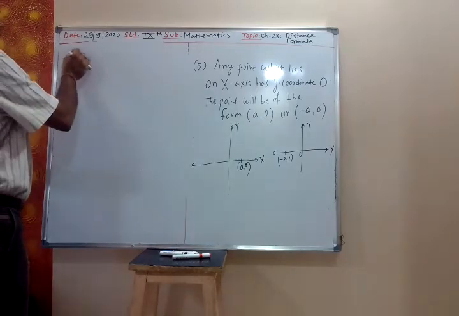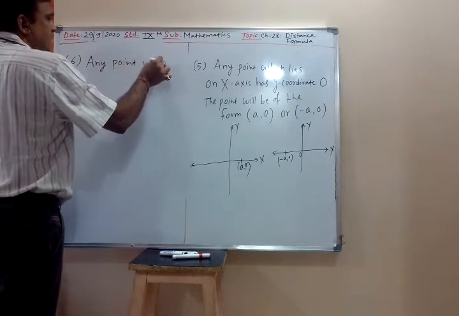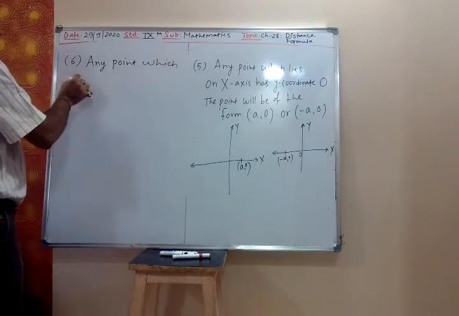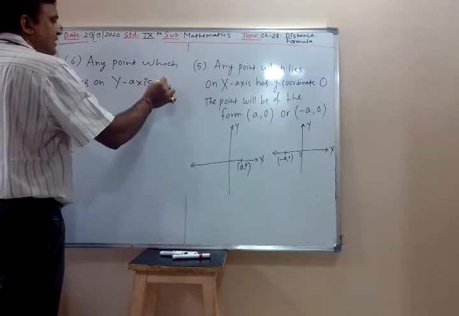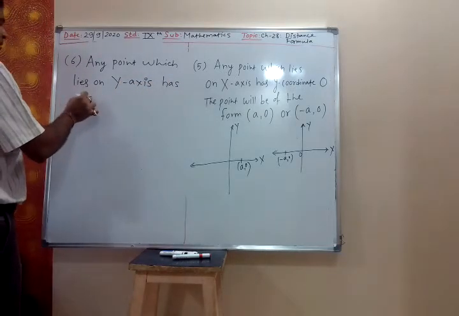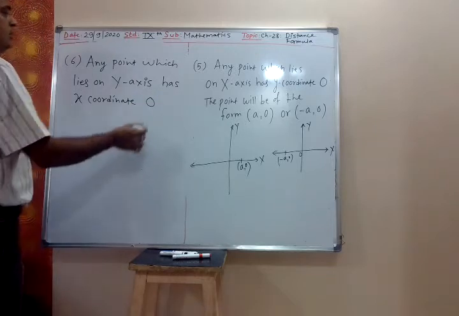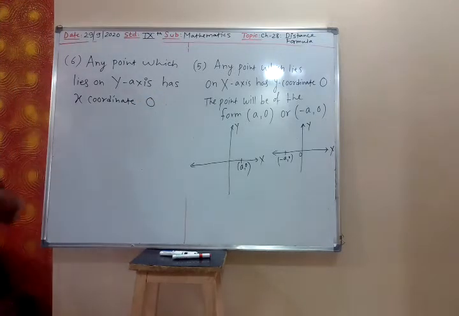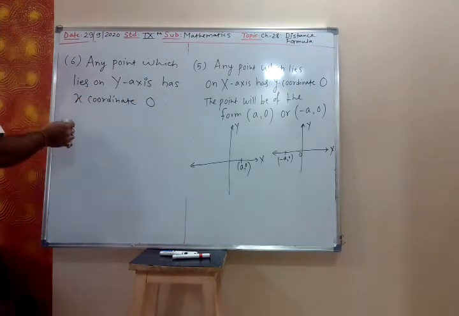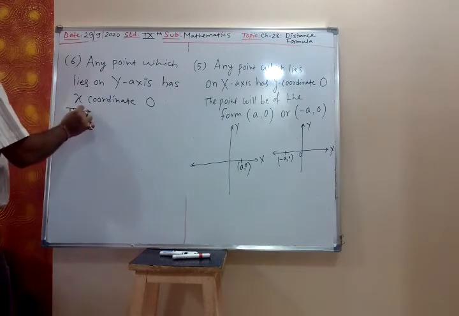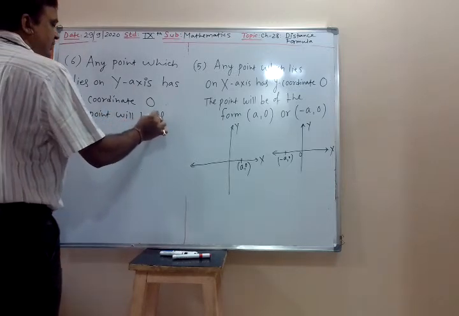Now the sixth point: any point which lies on y-axis has x coordinate, meaning first coordinate, 0. So any point which lies on y-axis has x coordinate 0. Any point which lies on x-axis has y coordinate 0. So the point will be of the form